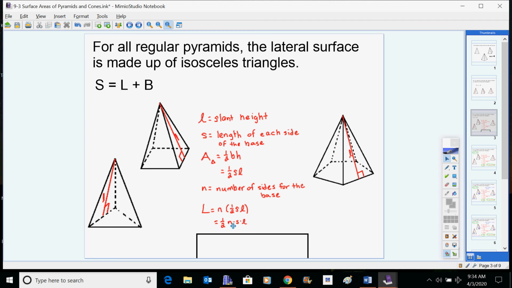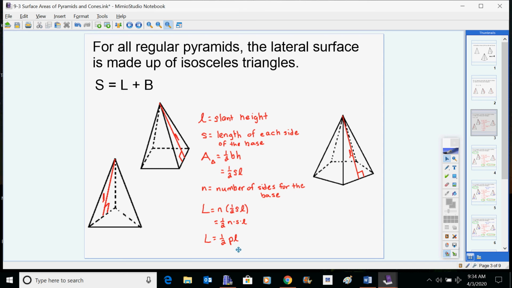So we have 1/2 N, the number of triangles, S, the length of each side of the base, and L, the slant height. So what that brings us down to,